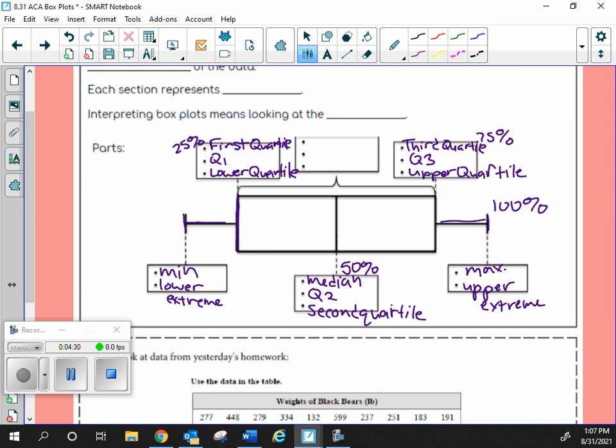And where's Q4 hiding? It would be the 100% if you want to add it. We don't really ever call it Q2 or Q4, just because we have other names for those things. Okay? And then the last little box that we're missing. I see that it's marking from right here, which is Q1, all the way to over here, which is Q3. What was that thing that went from Q3 to Q1? Interquartile range. Everyone say that? Very good. That's a long word.